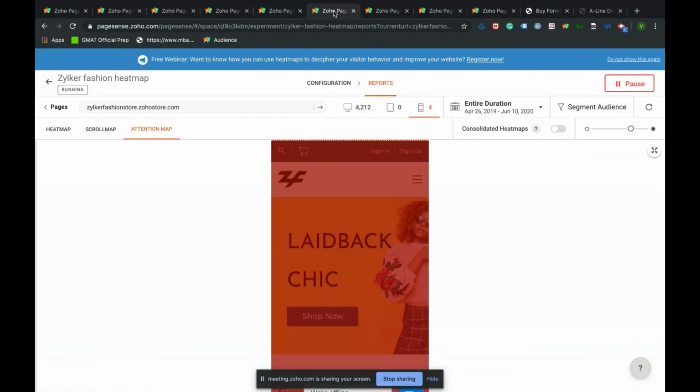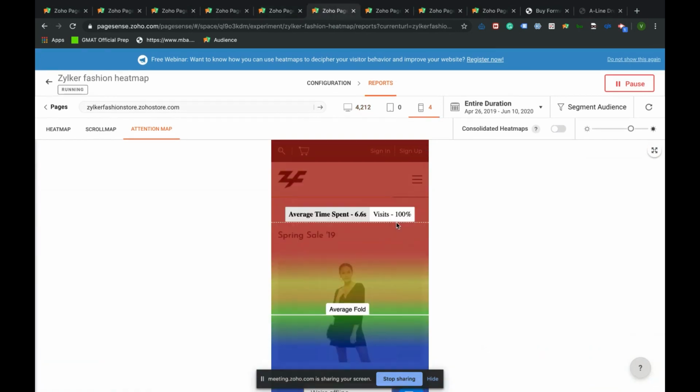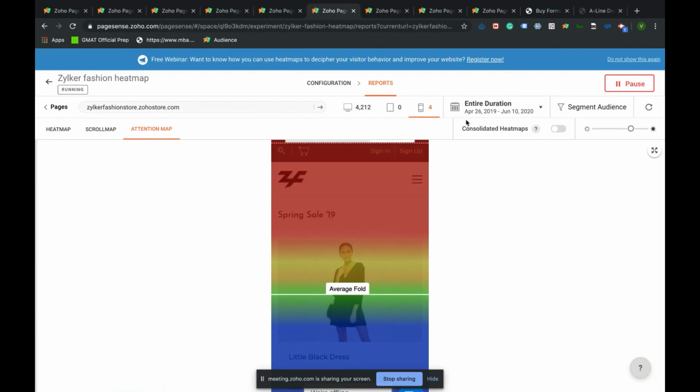From the mobile perspective, you would be able to see how the users have interacted on a mobile view as well. And then apart from this, we also have the segmentation on a date-wise basis, where you can see the data for a specific day, or for a custom range as well, or any given predefined sets.